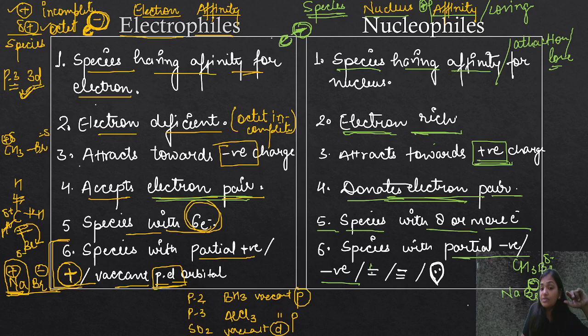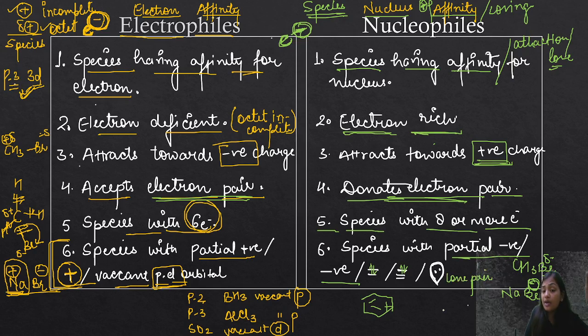Any of the species with a pi bond, whether it is a double bond, a triple bond, or any pi bond, or this pi bond is of a benzene, they all are going to be nucleophilic in nature. And guys, if any of the species is also bearing a lone pair, what do you mean